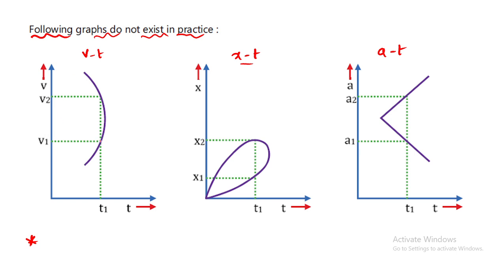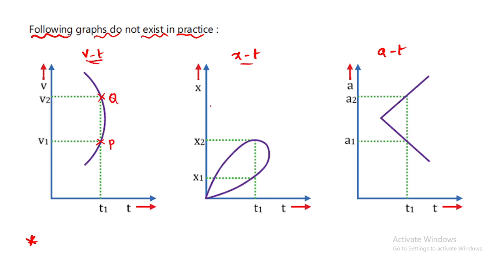Listen. Now if I check the points here, let's say this is point P and this is point Q. A body cannot have two different velocities at a time. Is that possible? No, it's not possible. But this graph is shown in this manner, so this graph is completely not possible.